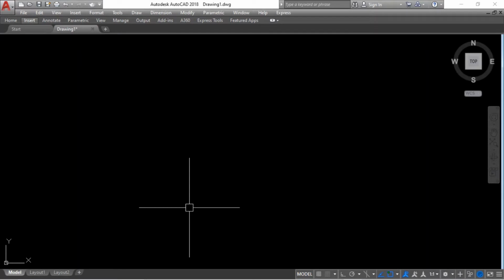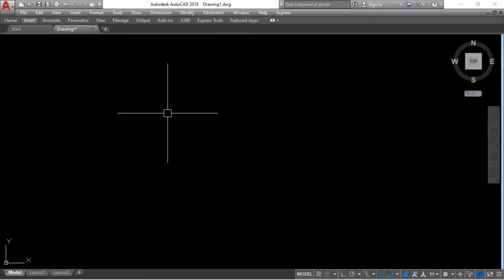Hello everyone. In the last AutoCAD tutorial videos, I taught you how we can change the crosshair and text box size, and how we can change the background color of the AutoCAD screen. In this tutorial, we will learn how to indicate the selection area and where we can get the toolbars required for AutoCAD 2D and 3D. So let's start.